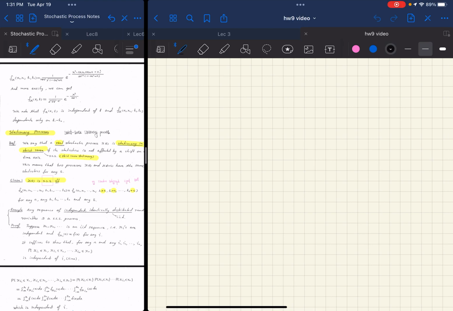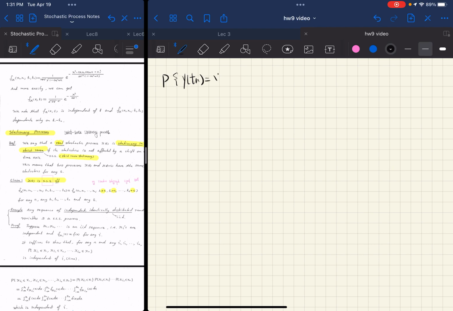7. We need to show that the telegraph signal is a strict-sense stationary process. From the lecture notes, we know that if X is a strict-sense stationary process, then we have the time-invariant shift property, which is the probability of